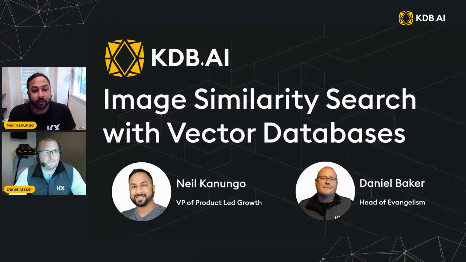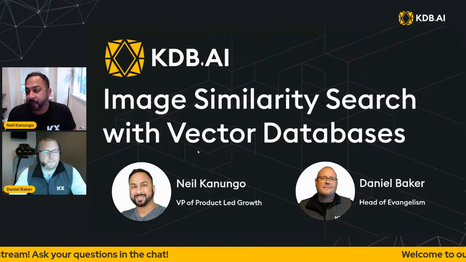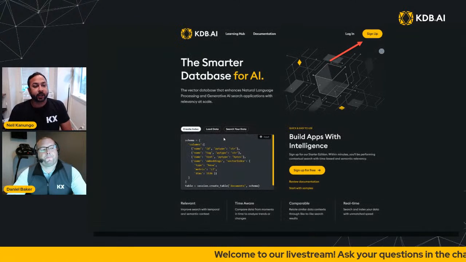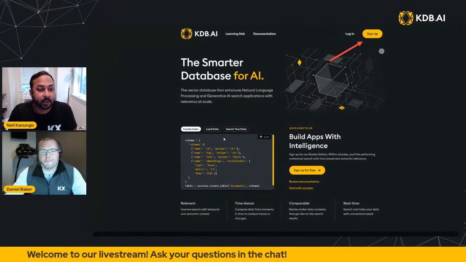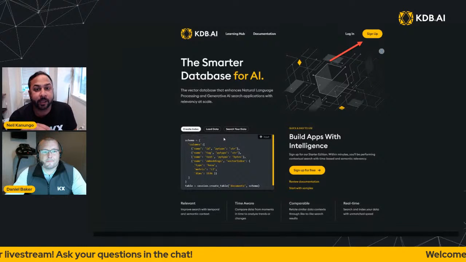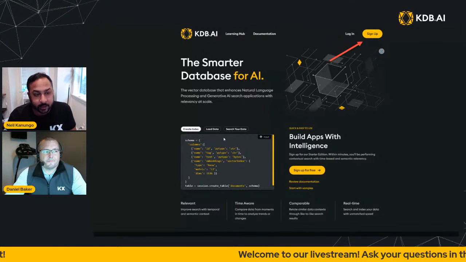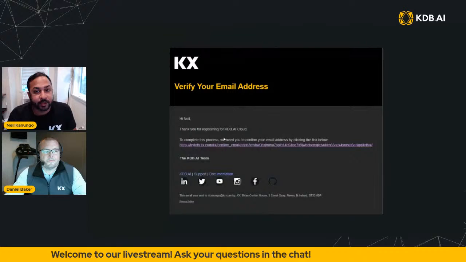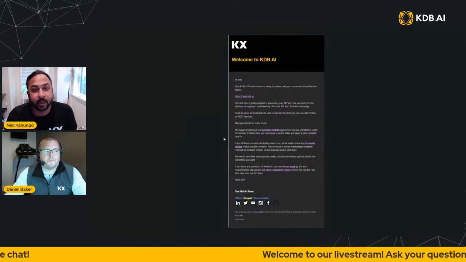So if any of you would like to follow along, there is a KDB AI Cloud Starter Edition. As we get started, you can go ahead and sign up for KDB AI Cloud Starter Edition by going to kdb.ai in your browser. At the top right, you'll see the sign up, and there you'll be given a sign up form. Fill out that form. You'll be sent an email that you click on, and with that email, you'll receive one more email that will show you how to log in with